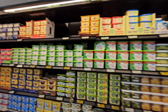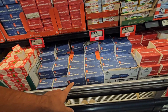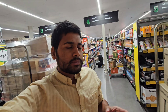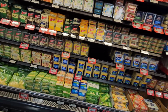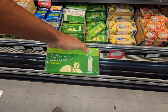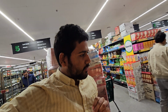And the other thing that I tend to eat a lot, because I just spoke about wraps. So apart from wraps, this is Woolies salted butter. This is a little cheaper, but I prefer the other one that I showed previously. Then apart from wraps, most of the international students prefer eating sandwiches in the breakfast, because it is one of the quickest things to prepare. And the one that is very cheap and affordable over here in Australia is this one of Woolies, and this is 24 slices for around $4.75. And this one is cheap, but if you want to add some flavor to it, there is this...